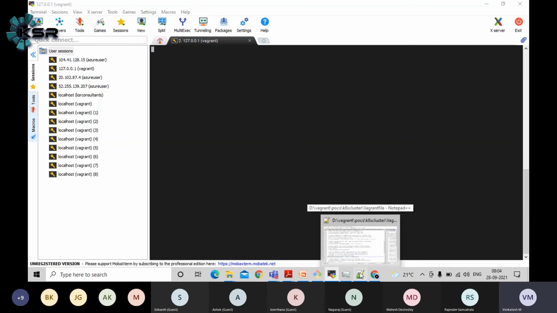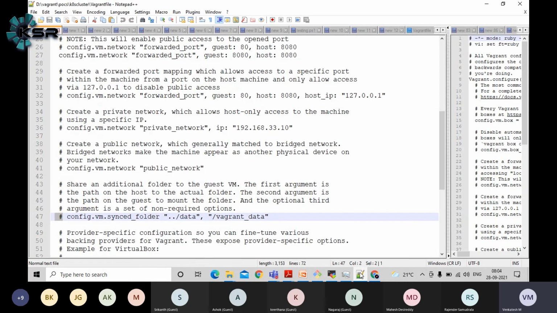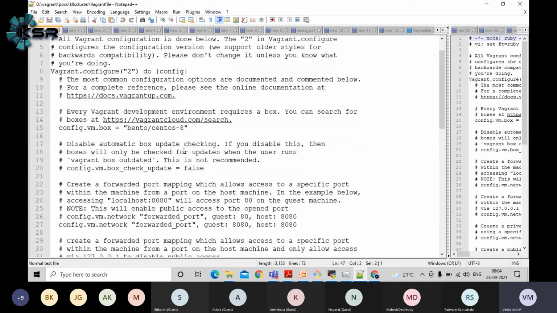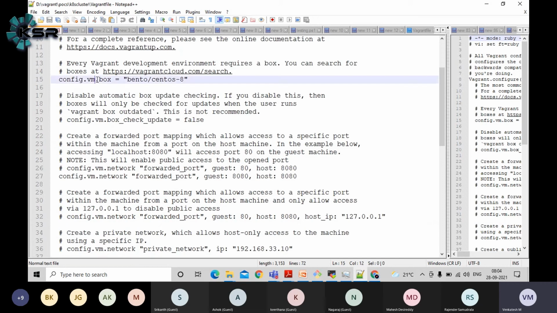Since some people are asking, I will give a brief overview on this part, guys. Whatever configuration you are doing, everything you are going to do in the configuration section, guys. Vagrant.configure. This is our base image. Yesterday I shared some of the commands, right? It will download the CentOS 8 image from the Vagrant cloud. If you want to use Ubuntu, you should use Ubuntu. Different flavors will be there. Any OS family, you can pass it here, guys. This is nothing but a base box.